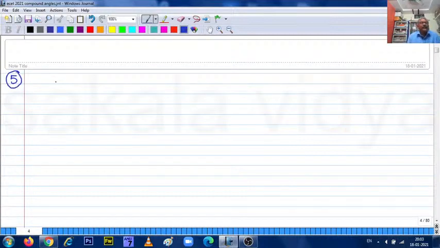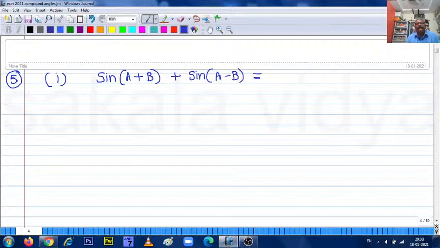Fifth set. In that first formula, already we have discussed sin of a plus b and sin of a minus b also. If we add these two, we get a wonderful result. Sin of a plus b plus sin of a minus b is equal to,